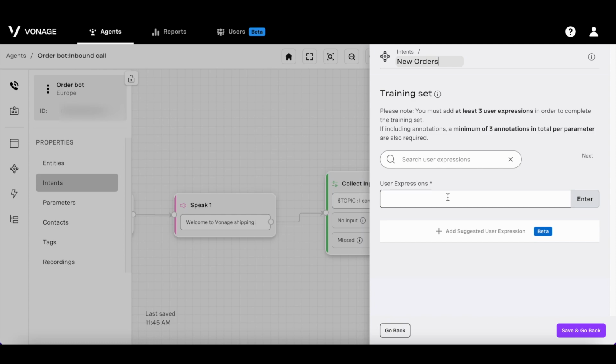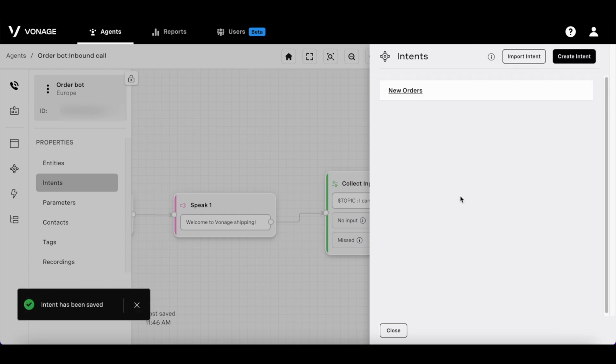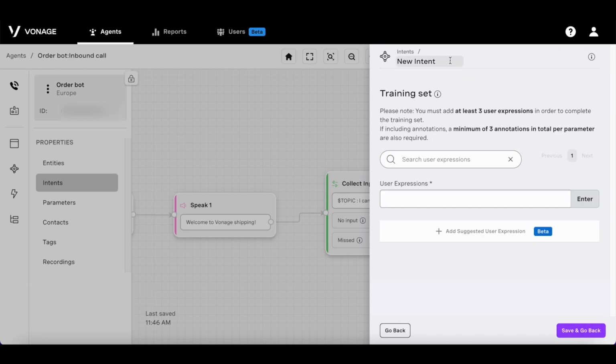So for example, in the new order intent, the training phrases could include... we recommend adding at least 5 to 10 unique expressions for each intent. Once you're done creating your intent, you can click on Save and go back to see all of your intents. Let's create another intent to change delivery dates. So the process remains the same, where you name the intent and then you add the user expressions.